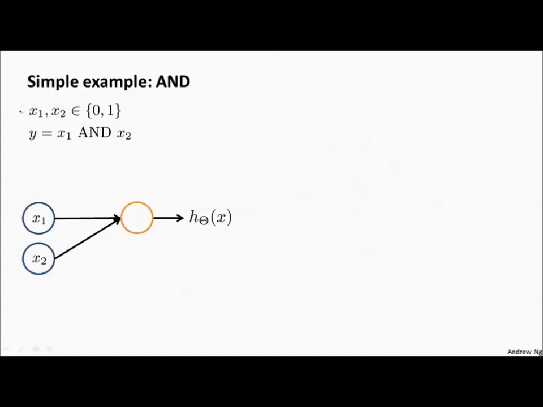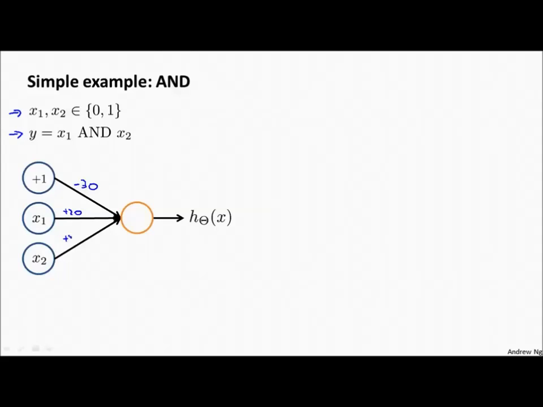Concretely, let's say we have inputs x1 and x2 that are again binary, so either 0 or 1, and let's say our target label y is equal to x1 AND x2. This is a logical AND. So can we get a one-unit network to compute this logical AND function? In order to do so, I'm going to draw in the bias unit as well, the +1 unit. Now, let me assign some values to the weights or the parameters of this network. I'm going to write down the parameters on this diagram: -30 here,